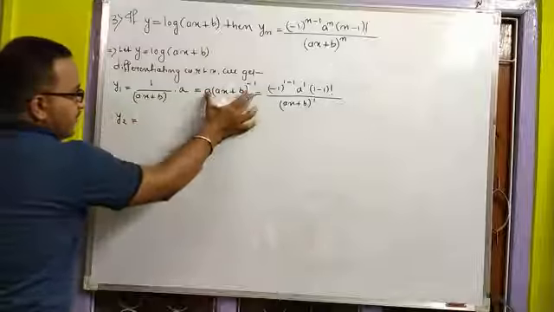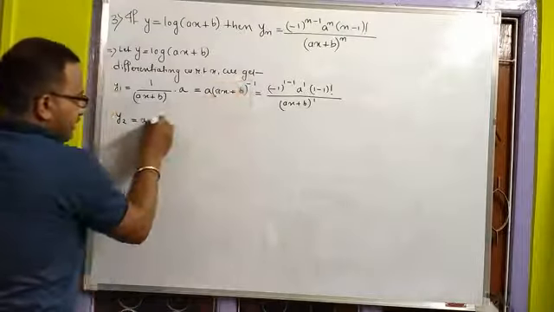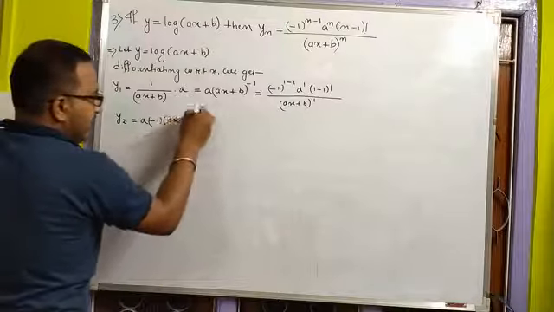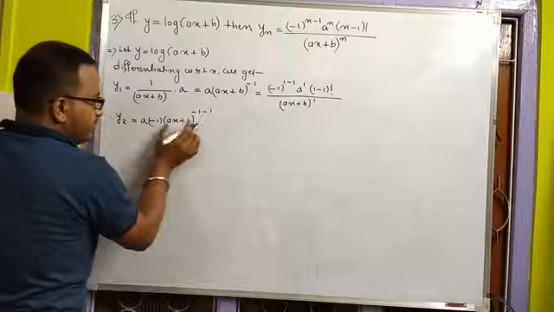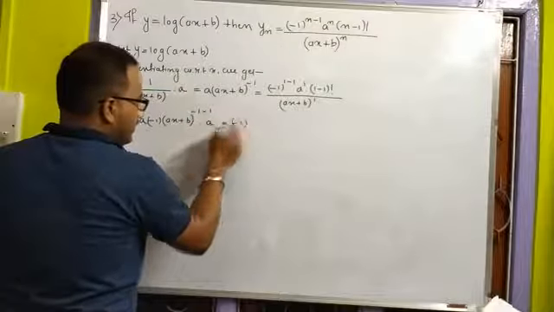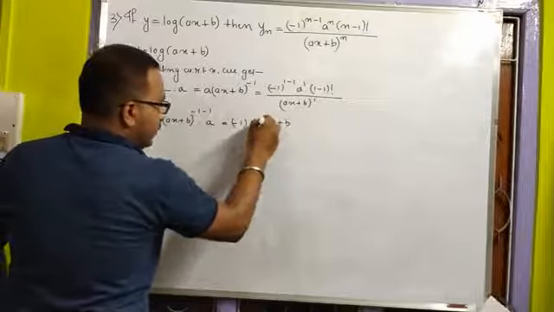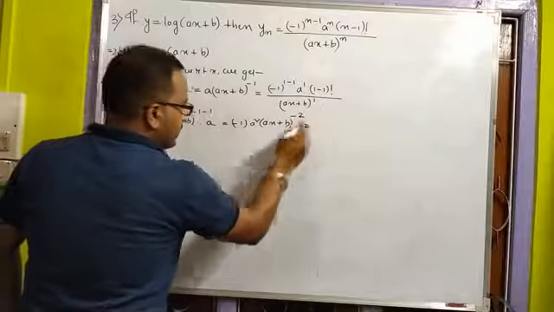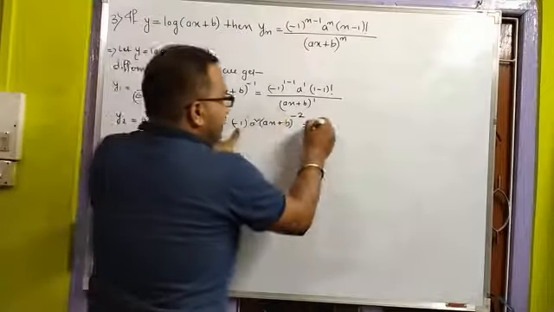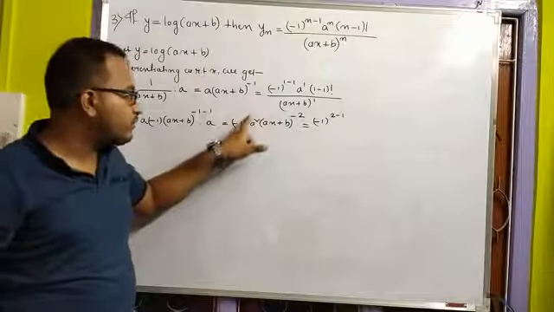Now y cube equals this one, so it is a, then x to the power n, so n into x to the power n minus 1 into the derivative of this, which is a. So this can be written as minus 1, then a square, then ax plus b whole thing to the power minus 2. Now this can be generalized as minus 1 to the power 2 minus 1, because it is minus 1 to the power 1 actually.